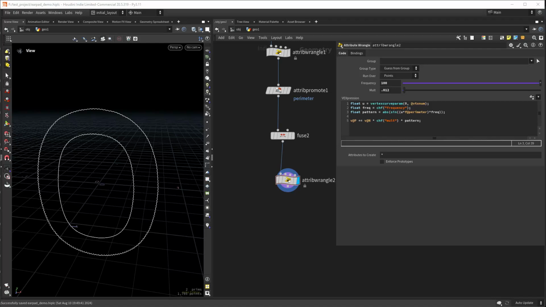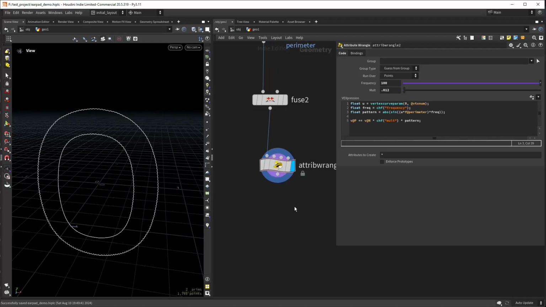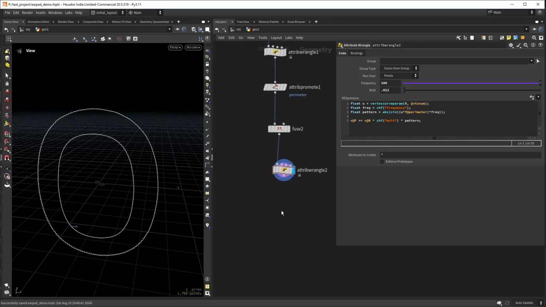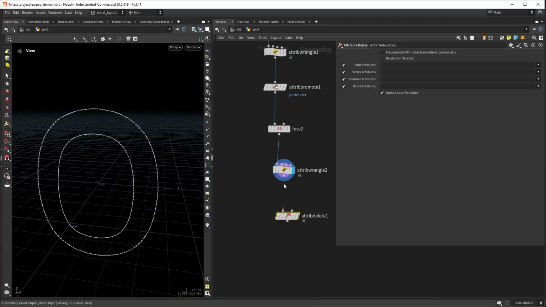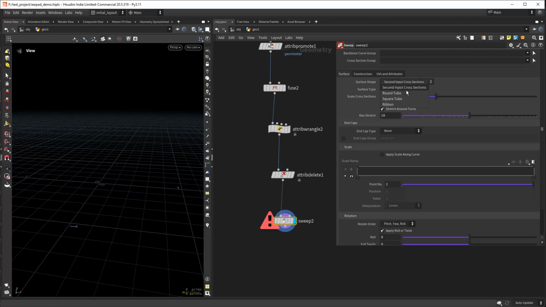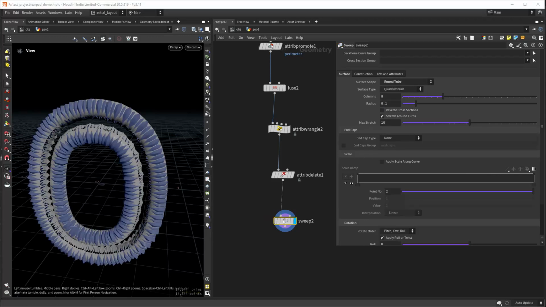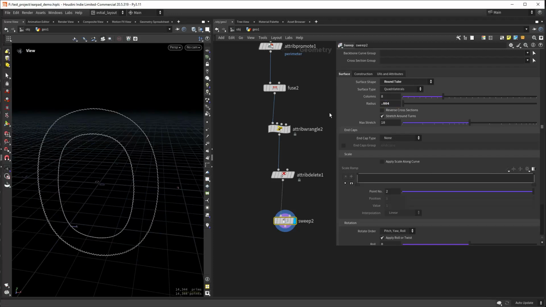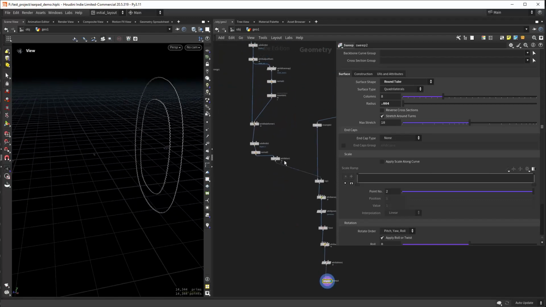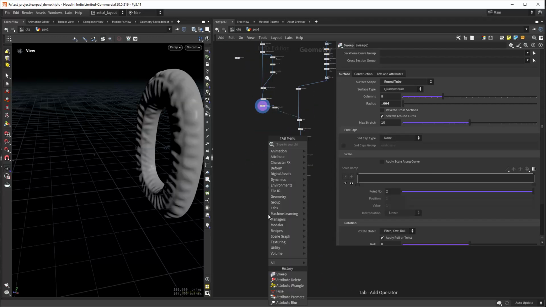So we can just attribute delete this and create a sweep, and it will be a round tube, and the radius 0.004, so really small. And now let's see this, let's merge,